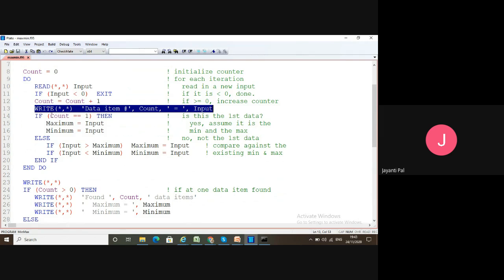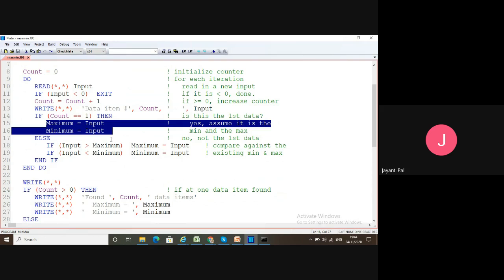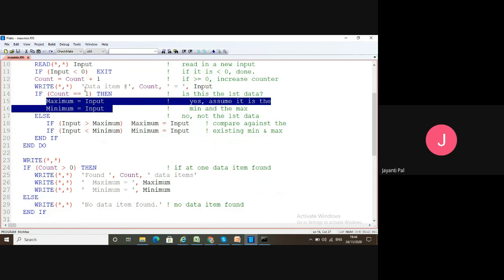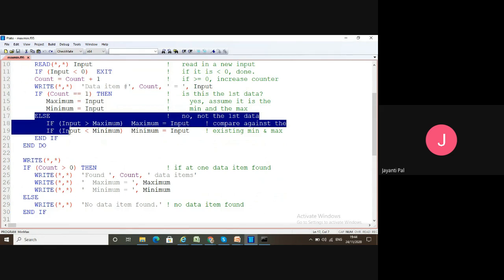If count equals 1, that means for the first data, it will consider this first input as maximum as well as minimum. This is the first logic, where we have put our assumption. So for the first iteration it will go up to that point, then skip that section and move to the second.